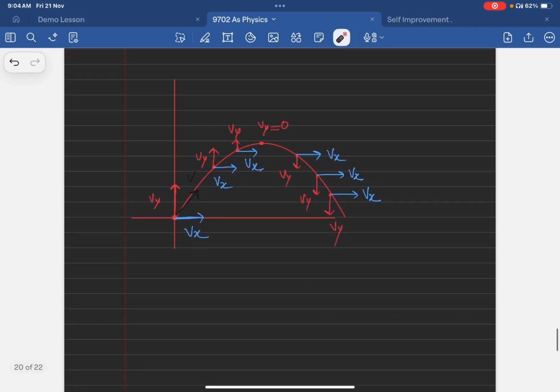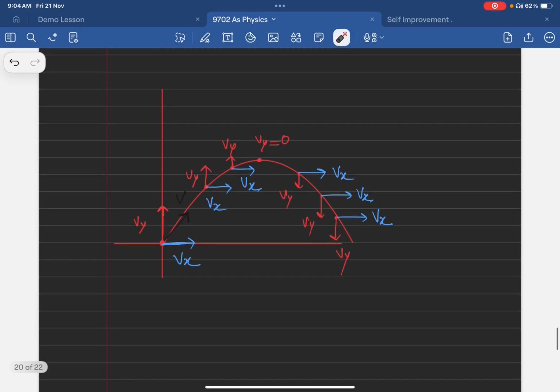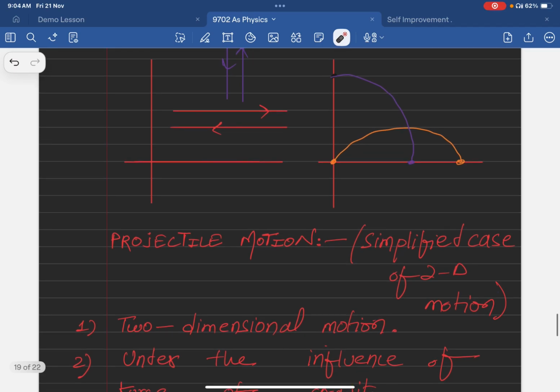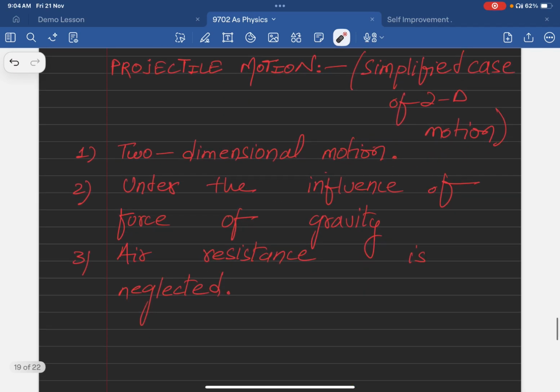Now, the picture that you are seeing, I think you are fearing this picture, but don't worry about that. We are going to discuss this in a very simplified form. This is the detailed analysis of projectile motion, but we are going to see this in the next video. So remember projectile motion now, and remember two-dimensional motion. In the next video, we are going to see the details of